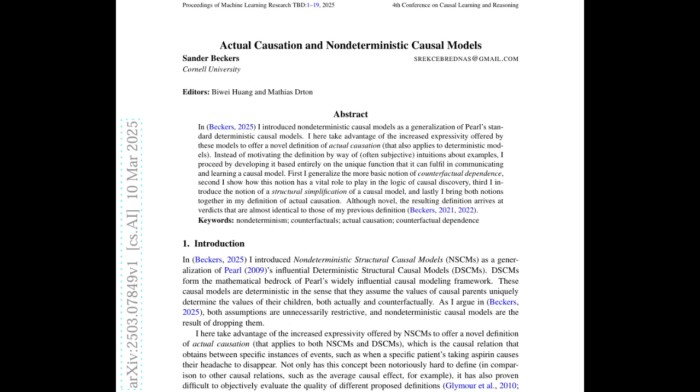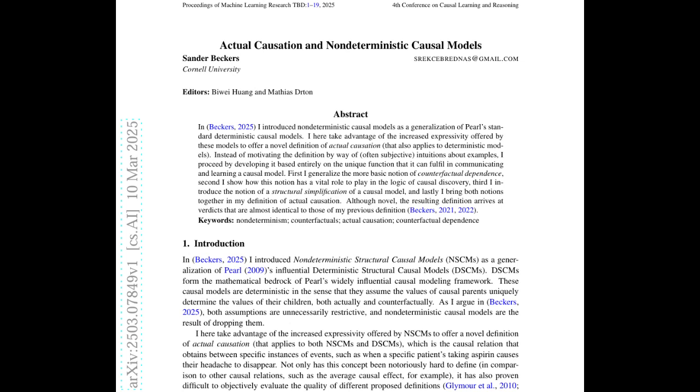Exactly. Now, here's where things get tricky with those non-deterministic models, remember. Those models where outcomes aren't always predictable. Yeah, because there's always a chance that other things could have led to the same outcome, even if the patient had gotten better with the medication. Exactly. And the old way of thinking about actual causation would lead us to a really weird conclusion here. Just by adding in the possibility that the medication might not have worked anyway, we might end up saying that the doctor's decision to prescribe it was actually part of the cause of the patient not improving.